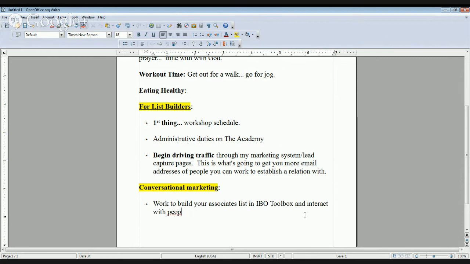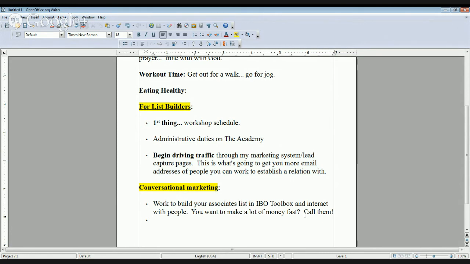Do you want to make a lot of money fast? Call them. I will be demonstrating that this week while we are at the Blakely's. I will be making phone calls to people on IBO Toolbox, videotaping it, and sharing it with you guys so you can see how I do it and glean from that what you can. Because it's not rocket science. You can very easily spend 2 to 3 hours a day, if you have the time, calling people on IBO Toolbox and probably make